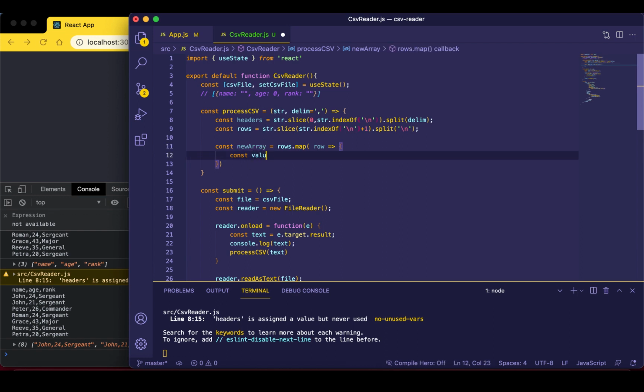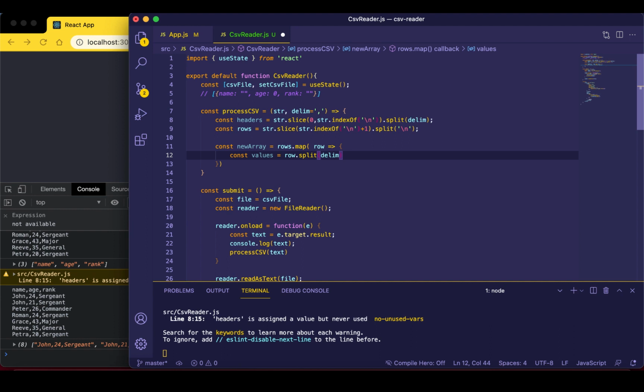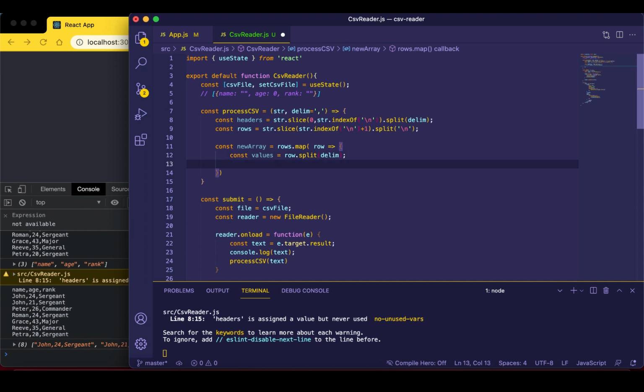So first we're going to itemize the values in our row with row.split using delimiter. So we're going to split everything in each row. You know, in each row here we have John 24 Sergeant. We're going to split it into another array of John, 24 and Sergeant as items in that array. Then next,